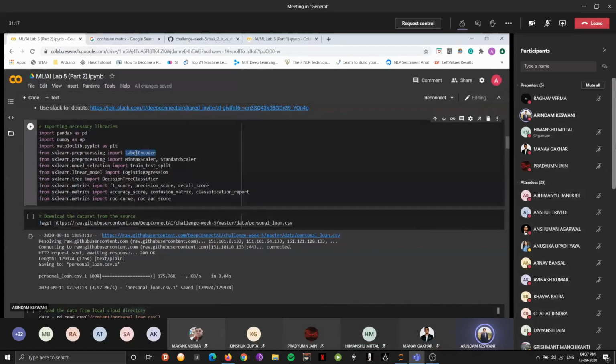Label encoder. We need this to sort out our categorical values, to put them in a much more organized manner. Min-max scaler or a standard scaler based on your preference. We will be using either of the two to handle numeric data because, well, we might or might not know, the data varies over a very large range.